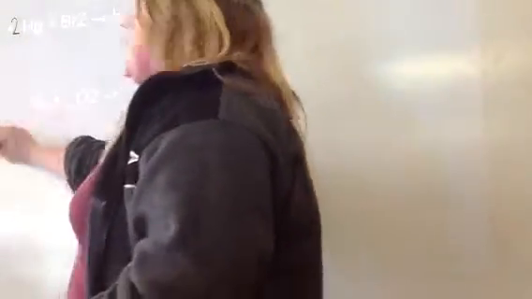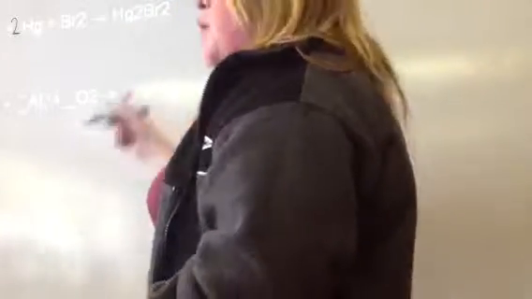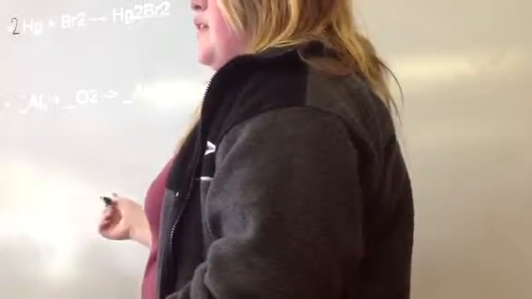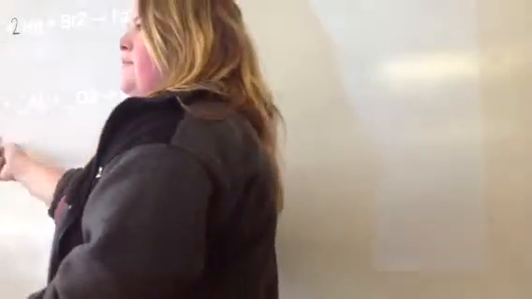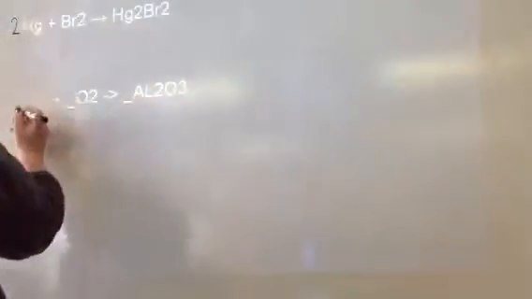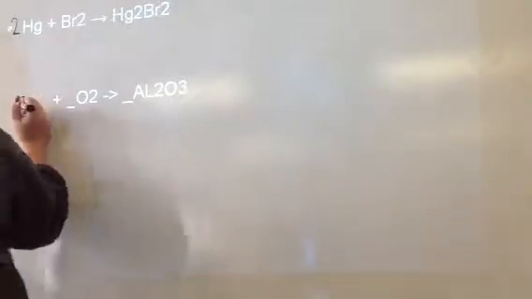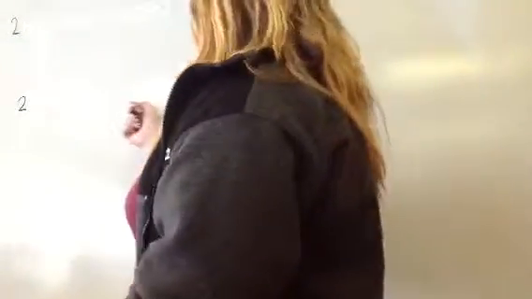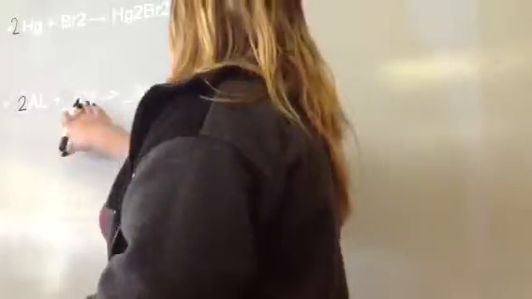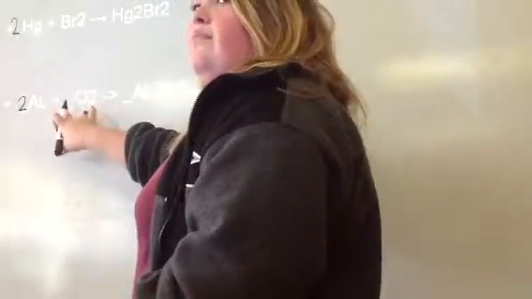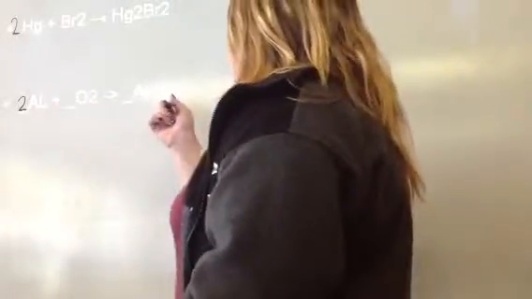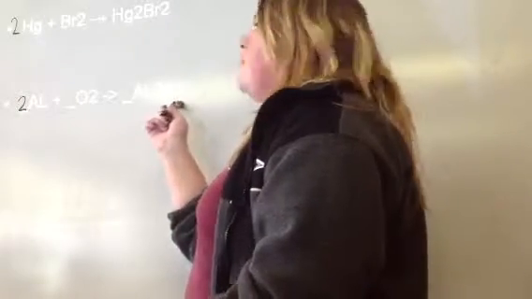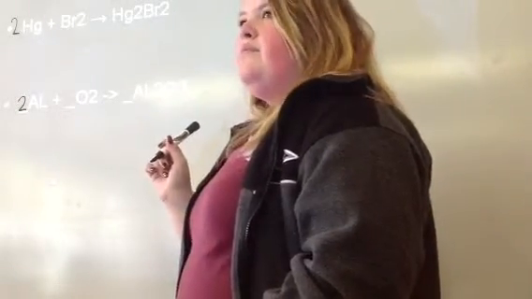Let's try to start with 1. Okay, so you have 1 AL here, right? And here we have 2 ALs. So what do we have to do? So we're going to put a 2 here, right? Okay. Remember, we're not adding, we're multiplying. So now we have 2 AL and 2 AL, so we're good there. But over here on the left side we have 2 O's, but we get 3 O's. So what are we going to multiply by 2 to get